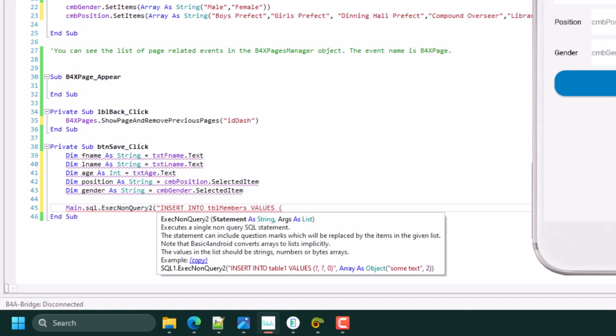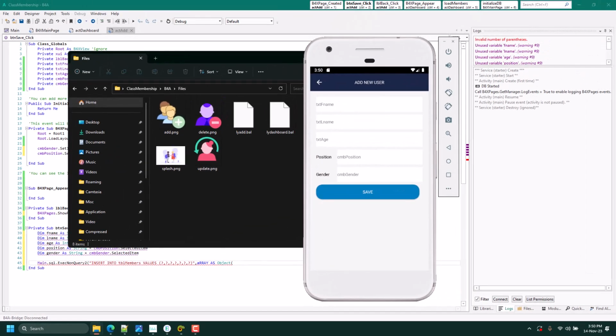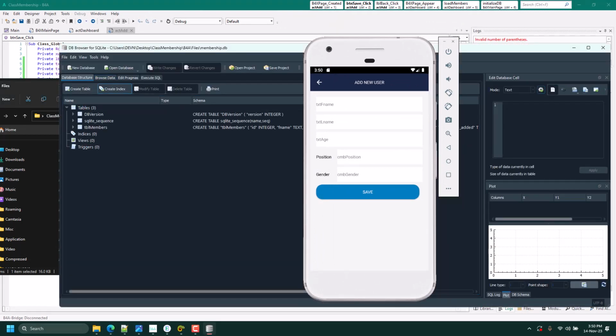We have like 1, 2, 3, 4, 5, 6, 7 fields, or array as object. Okay. So the first thing, I open the database for us to see. Database TBL members.